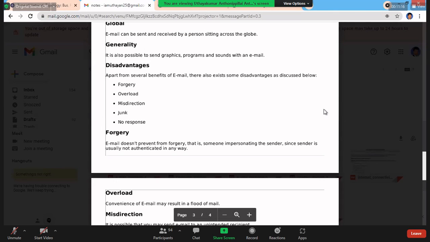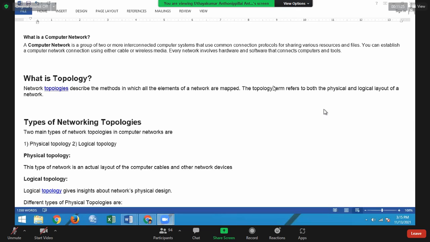In networking, we can move to topologies. What is a computer network? The computer network was introduced, I think, 30 years back, around the 1990 period, and it became famous, right?